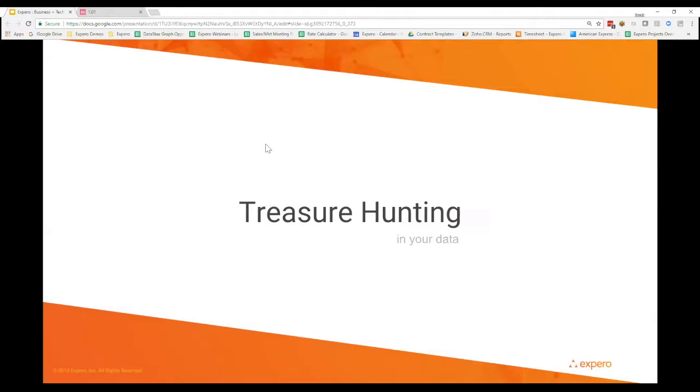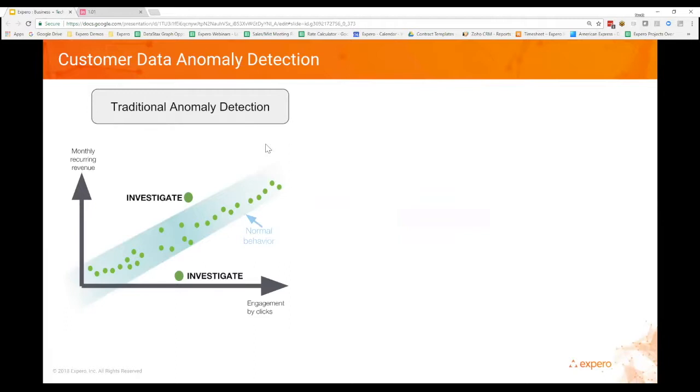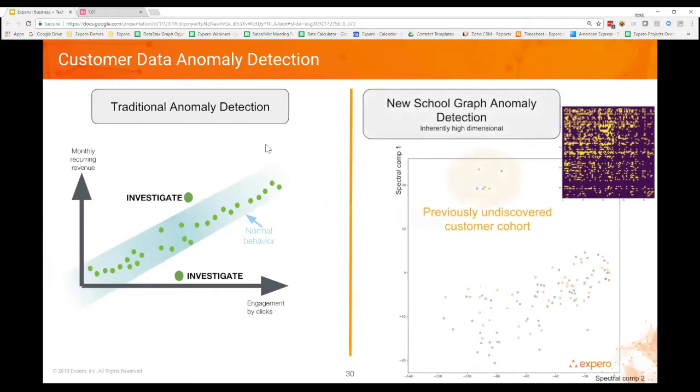So the next section is about treasure hunting. It's a broad topic, but it's a thing we find our customers really like to use. So this is sort of a finish-to-order idea here that Expero likes to offer to a variety of customers. And it's best explained through the sort of historical analogy here. So I'm sure that your business analysts, your data analysts can pick out trends which lie outside of the norm. But increasingly, we're not interested in those cases, those problems are solved. So nowadays we use graph plus machine learning to discover higher level insights in your customer database and in their